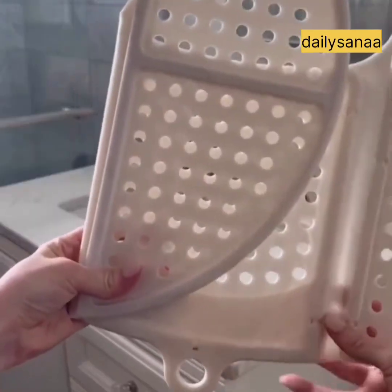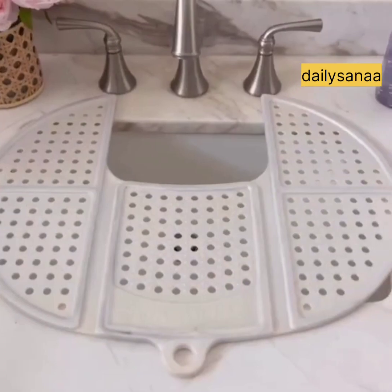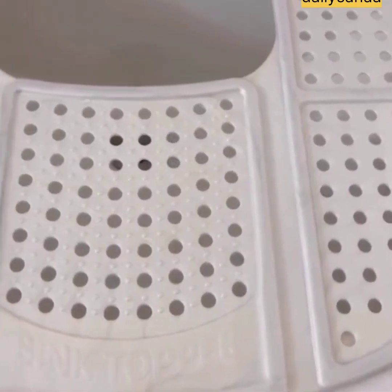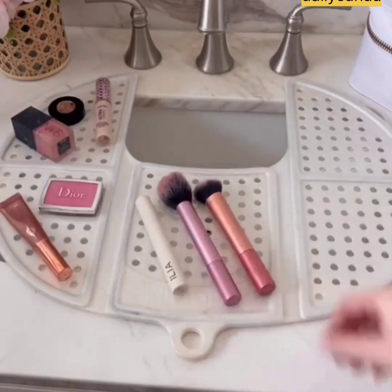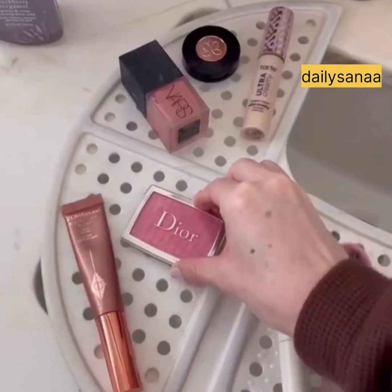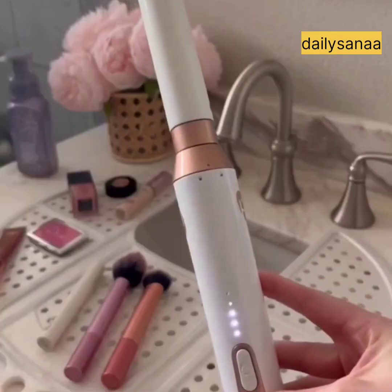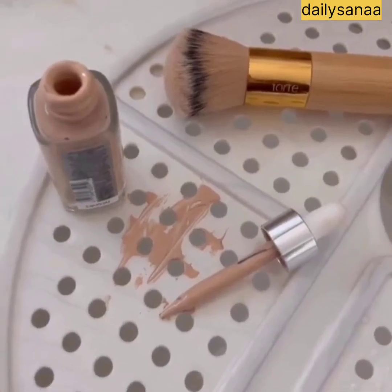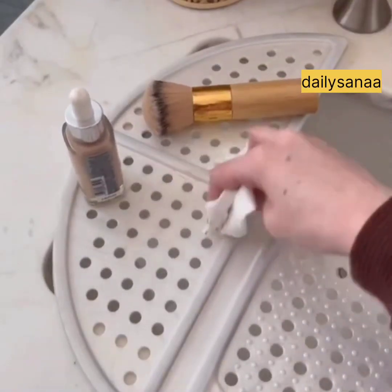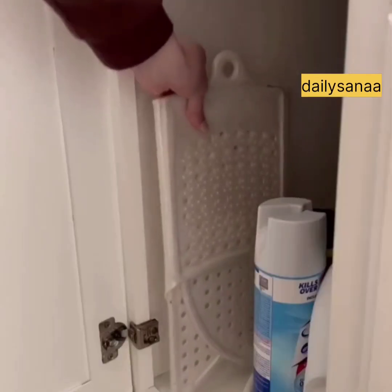This trifold tray opens up and becomes a sink topper for your vanity. It's made of a non-skid material top and bottom and stays in place without damaging countertops. It can hold items you might not always have room for, and the textured surface keeps things in place until you need them. It has an opening that sits around the faucet so you can still use the water while the sink is covered, plus it's heat resistant so you can rest hair tools while they're hot. It's also easy to wipe down in case of spills or messes and can be cleaned simply with soap and water. When you're done using it, just fold it back up and store it under the sink or in a